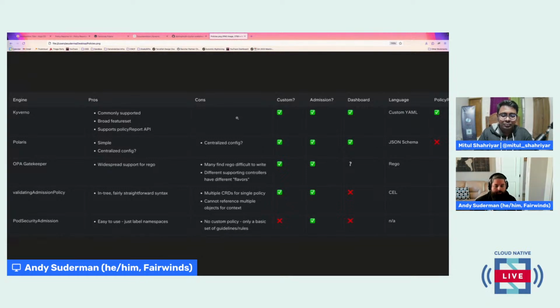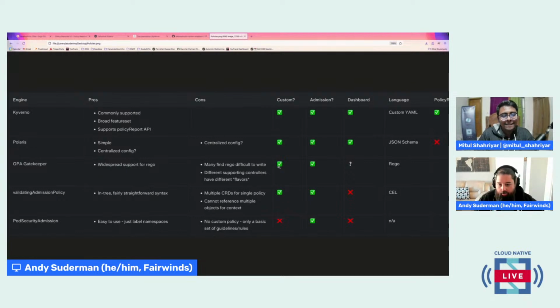And so I added that to the mix as well and created this table of what can all of these things do? What can they not do? And then some pros and cons of each one, because they all have different ways of using them. And so, I think Kyverno is probably the most popular one that I hear about these days. Polaris, not super popular. OPA Gatekeeper, we're all familiar with OPA and Rego. People are very happy to complain about writing Rego. I understand that the learning curve can be steep.